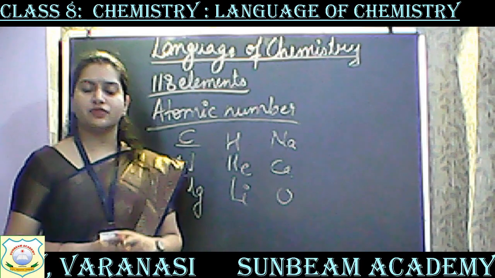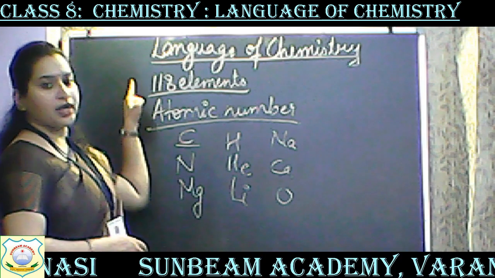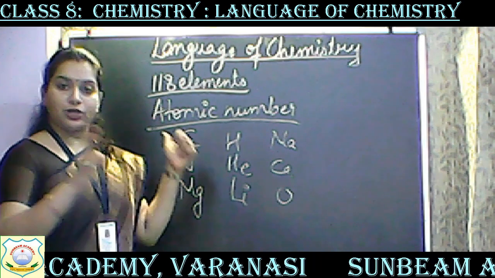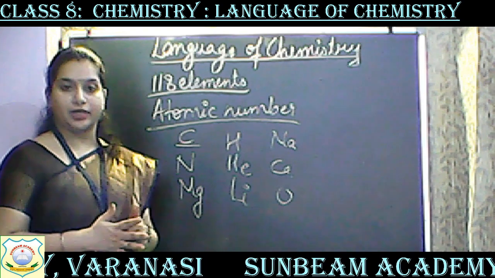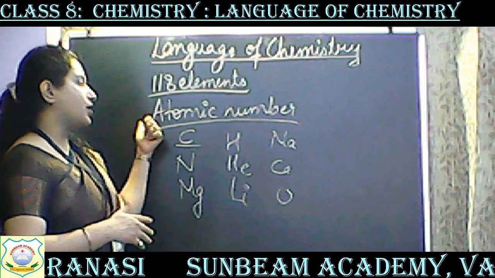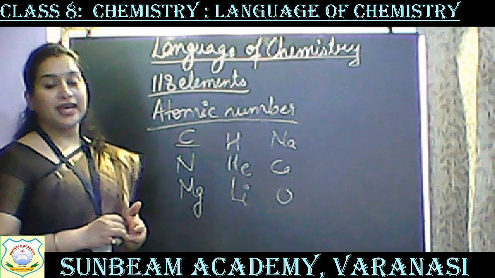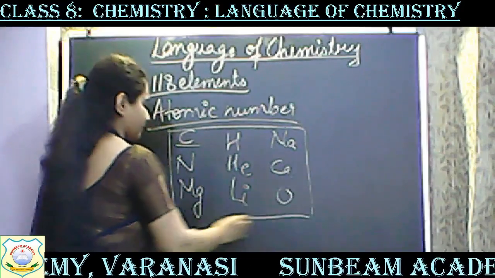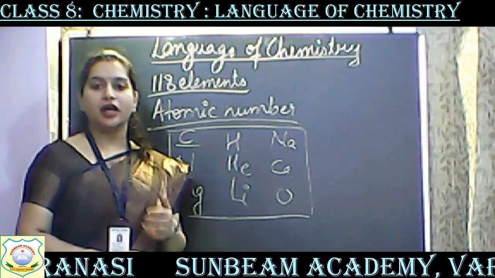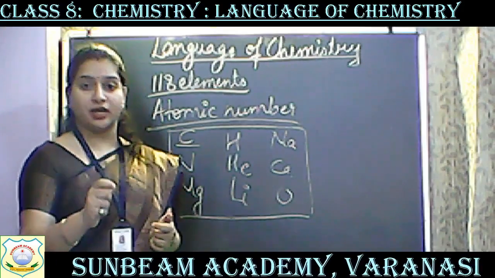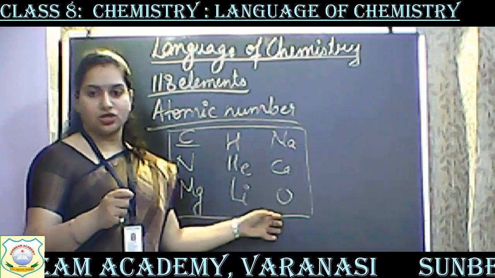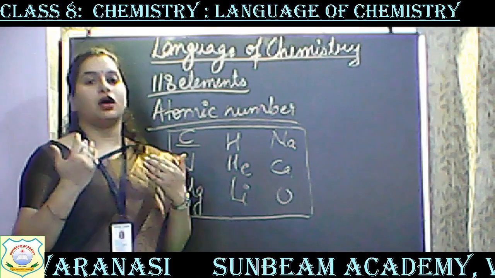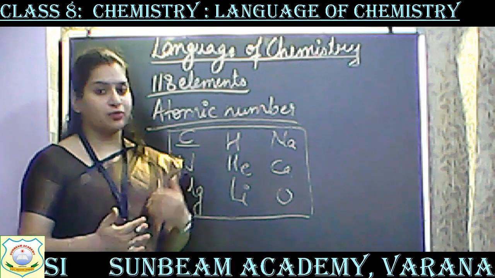So first we have seen that there are altogether more than 118 elements that are known today. They are arranged in a periodic table. I have shown you the periodic table. They are arranged according to the atomic number. Alright. And all the elements are represented on the basis of their symbols. Okay. And symbols are given either by their initial name, like calcium is Ca, oxygen is O, lithium is Li. But there are certain other elements that cannot be named with their initials.